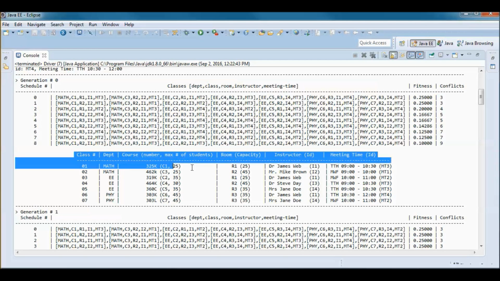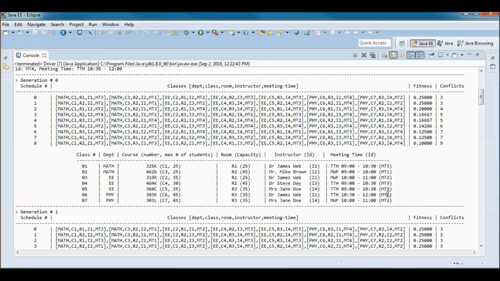So this is the table representation of that schedule, and one of the conflicts here is that room 1 has a capacity of 25 students, and we have this course that is assigned to be taught in it, which has a max number of students of 35.